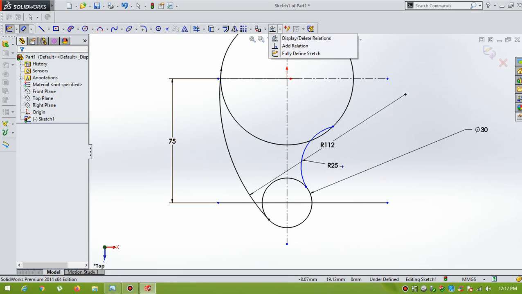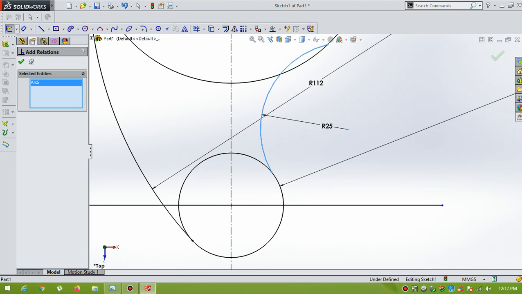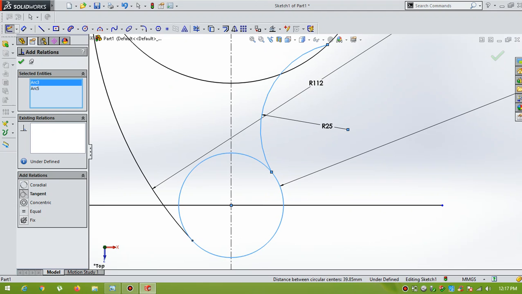Now go for Add Relations, select the arc and the circle, give Tangent.